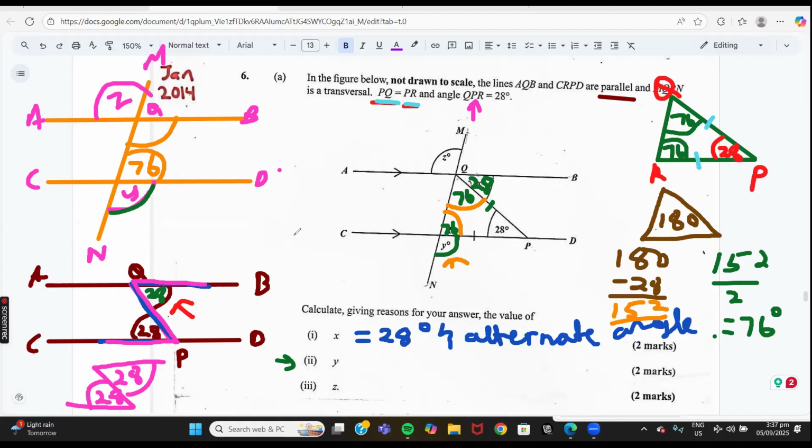So in order to find Y, you all need to remember that these two angles here must add up to 180 degrees because they are on a straight line. So I'm taking the 180, take away 76, which will give me